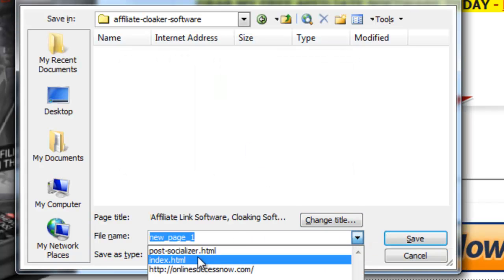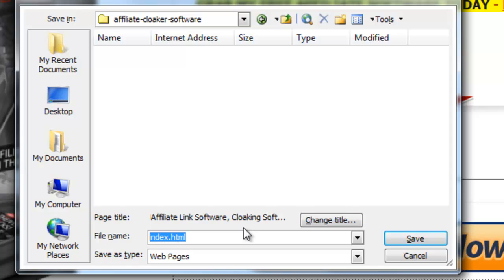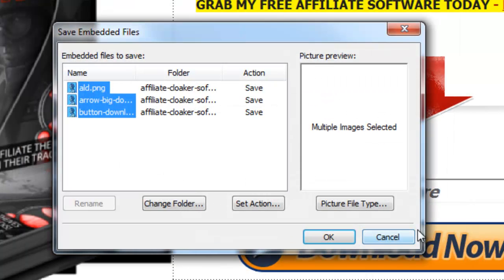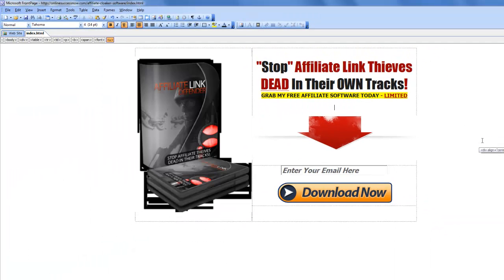And always make the first file inside a folder named index.html, please. And if you had a download page, it would have to be download.html. But the first file in the folder, please make it index.html. Then hit save. Now it's going to save these images in that folder, and my little squeeze page will be